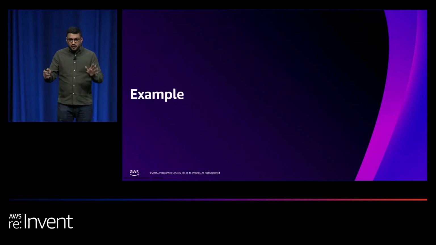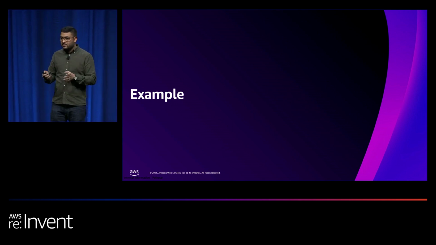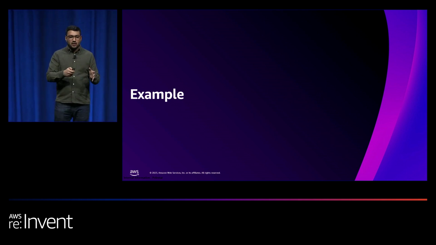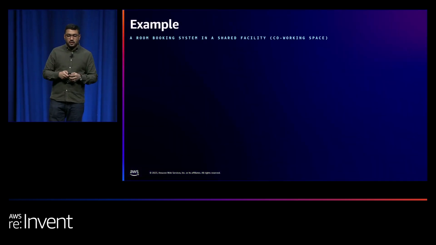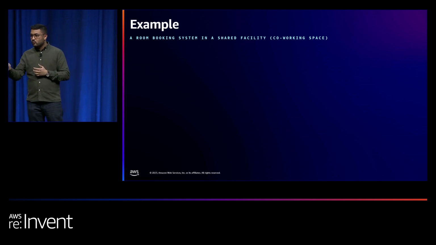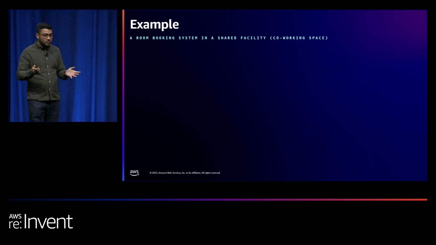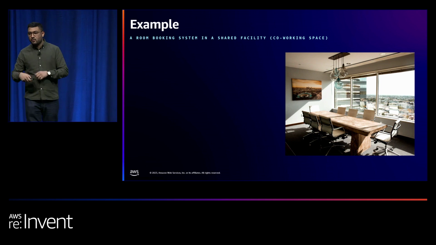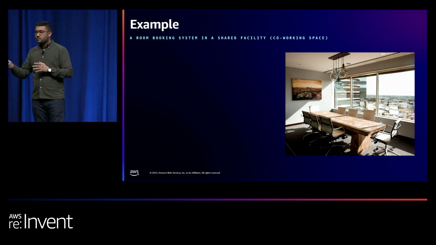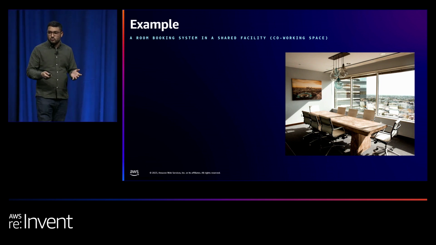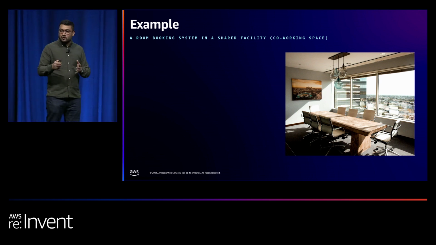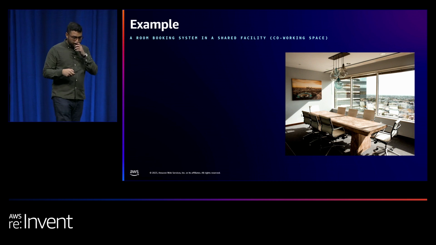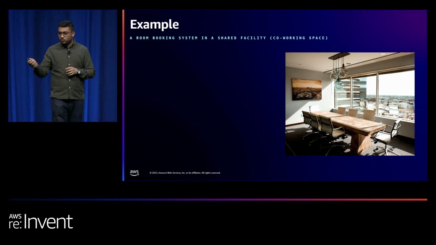All right, enough of the theory. Let's take a hypothetical example and try to apply this and see what output we get. This is a room. Let's say this room belongs to a co-working space, and this is the only room that the co-working space has available. This is really beautiful, and everybody in this co-working space wants to book this particular room when they want to use it. So to build a software that is going to help you manage this room booking system,